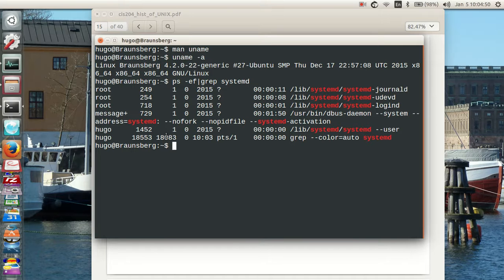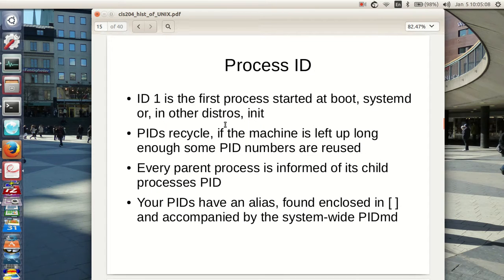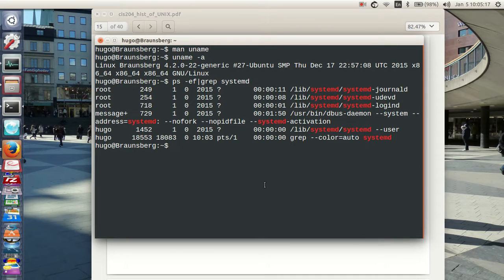But once a process terminates, that PID, that process ID for the job, will recycle. It can be reused. It's put back in the pool of available process IDs. So, for instance, let's take a look at this. If I do this, sleep 20, and put that in the background,